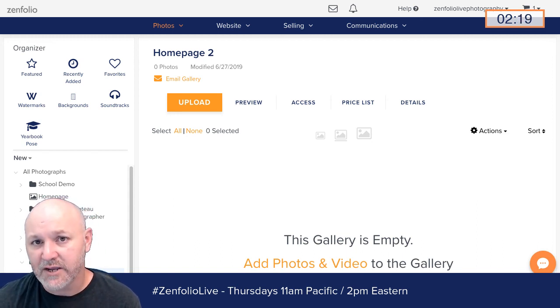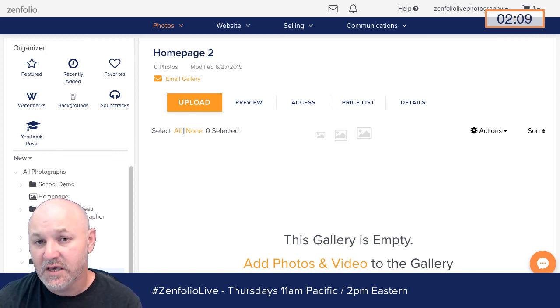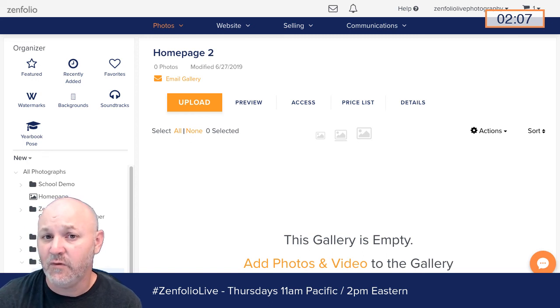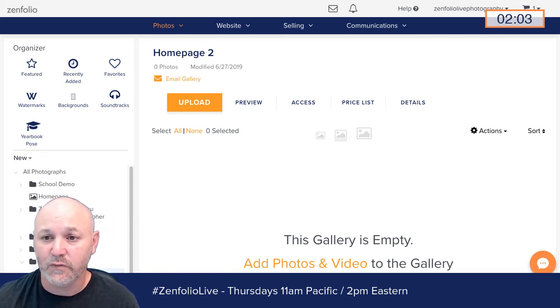First of all, you have to buy your custom domain from there. Now, when you buy that, you need to host your domain there as well, and you want to use their domain hosting and their default name servers. You don't link your domain to Zenfolio through the name servers. You're going to link your domain to Zenfolio through your A record and your CNAME. And it's really important that you use both an A record and a CNAME.